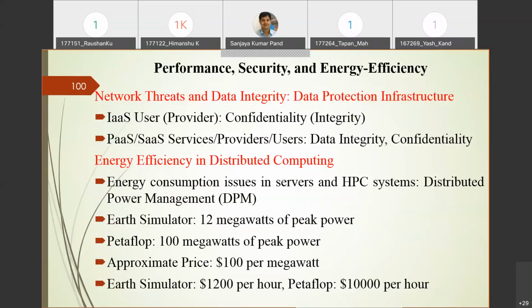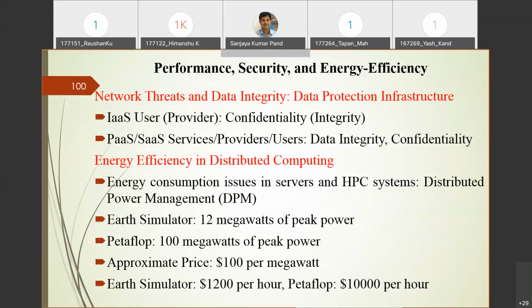So based upon that, various security policies are enforced with respect to various layers of cloud computing, right? I'll tell you about the various architectures later. In that architecture also you will see that in each and every layer we have various security policies in order to ensure that an unauthorized person should not use our resources, so that our resources cannot be misutilized. We have to avoid it, right?